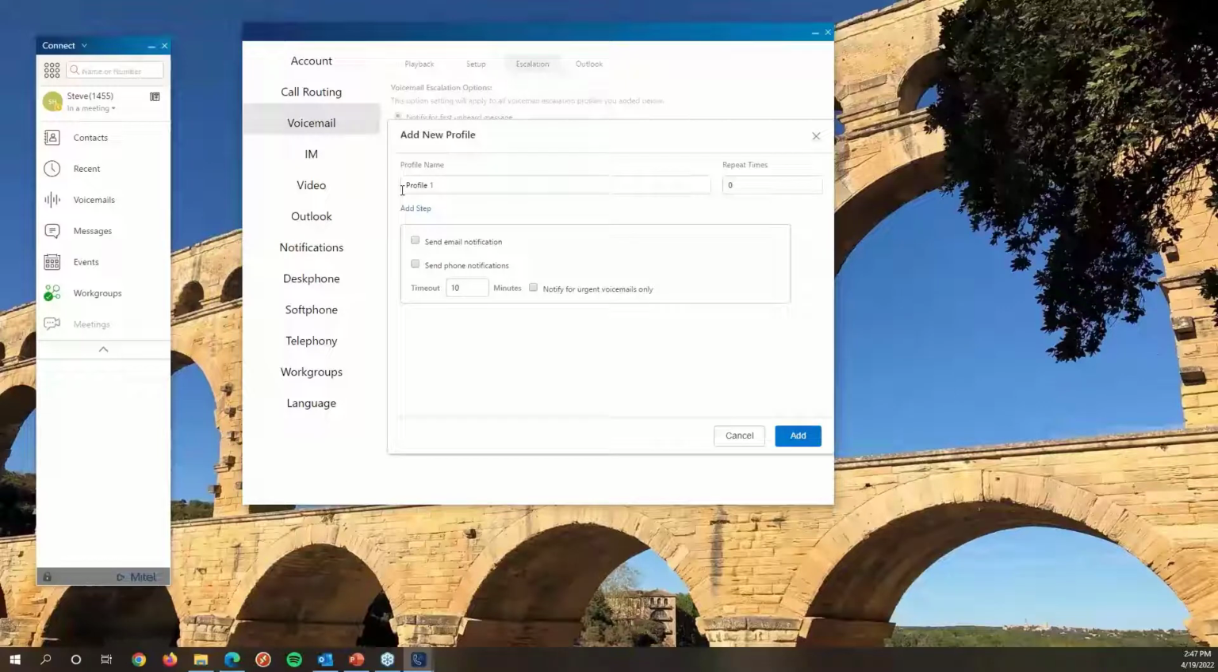There we go. So to create a new escalation profile, obviously we're going to give it a name. We can leave the default name there. We can choose how many times it's going to repeat, if we want it to keep repeating indefinitely. I think we can put up to 99 repeats in there, and then we can add a step. So if a voicemail message is left in this mailbox, maybe I just want to start out by sending an email notification. So I can send an email to Steve,